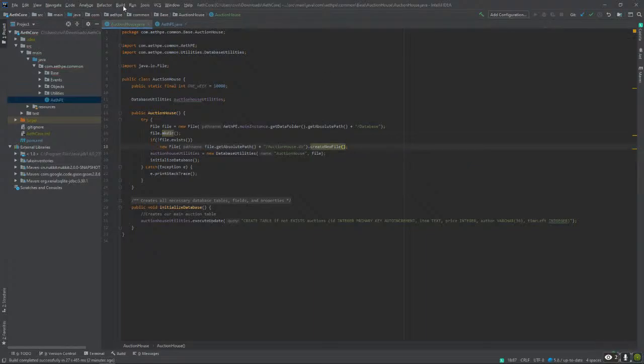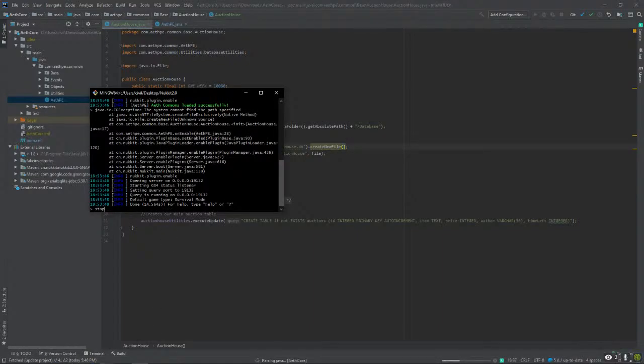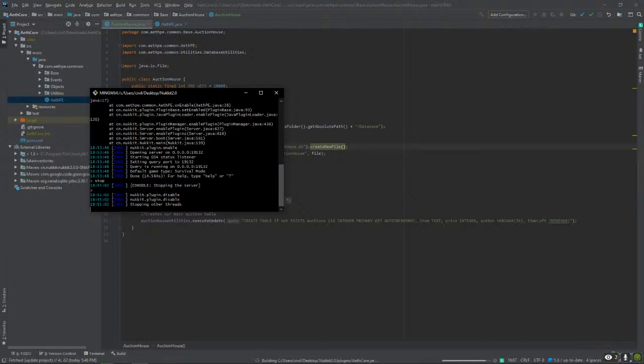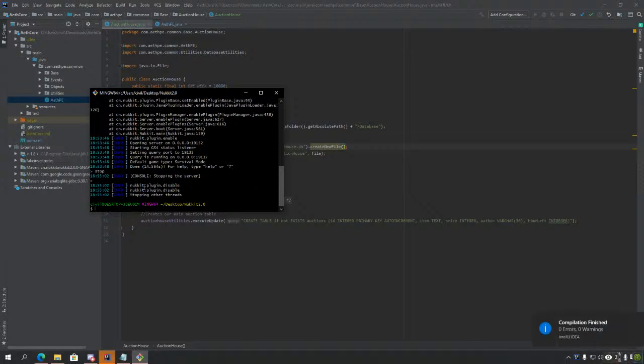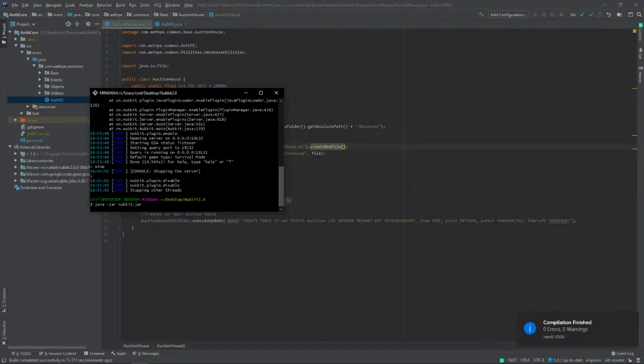All right. So let's stop that. Let it do its thing. Compiled successfully. Now let's build.